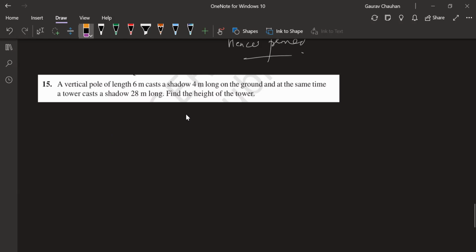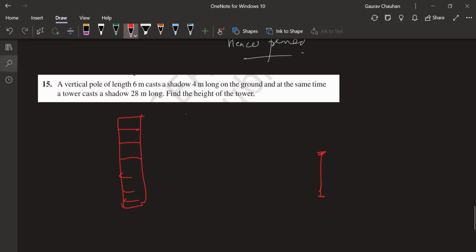It's based on a fundamental understanding of what happens when the sun is at the same time. How can we compare two shadows? I'm going to take a minute to explain this. Think about it: there is a vertical pole and a tower. The tower is obviously longer. So this is the tower. And on the same ground, at the same time, there is another vertical pole. This vertical pole is also there.